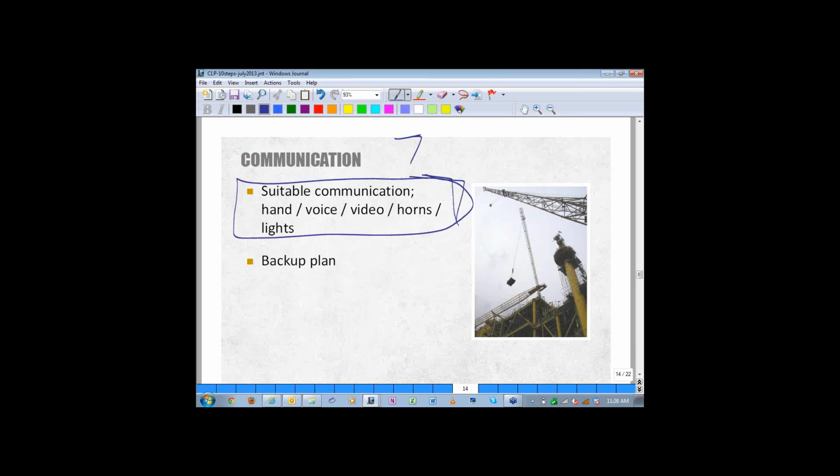We need suitable communications. We all know that hand signals are typical, voice signals, continuous communication. There may be other types of signals, horns, lights, bells, and we certainly have different operating activities that still use bells and whistles for signaling. One of our guys just got back from Panama, and they're using whistles as their communication system in laydown areas and shop areas, making sure that they're clear, concise, and everybody's on the same game plan. The main thing is that voice communication or hand signals are the most common, that they're clear, and if